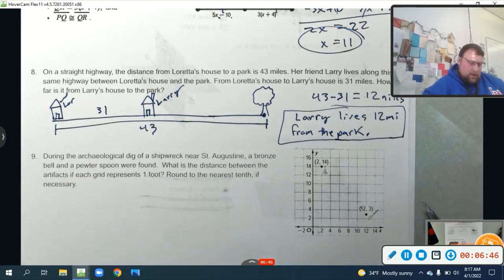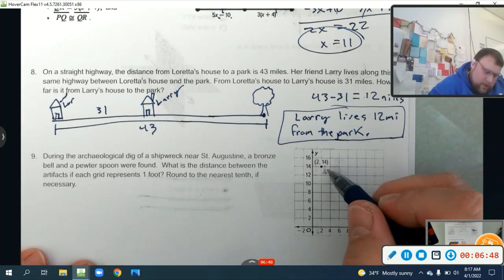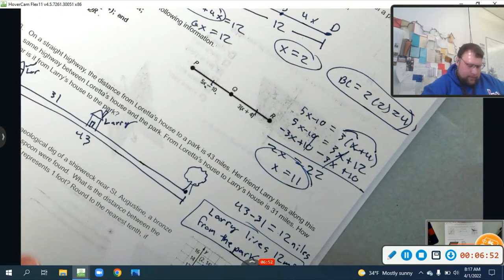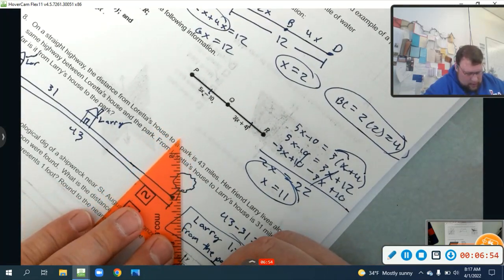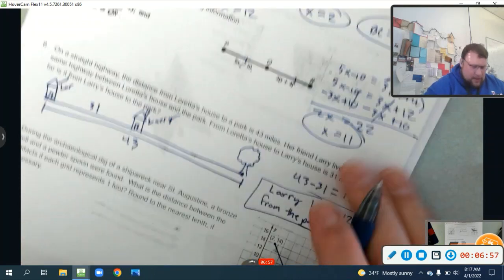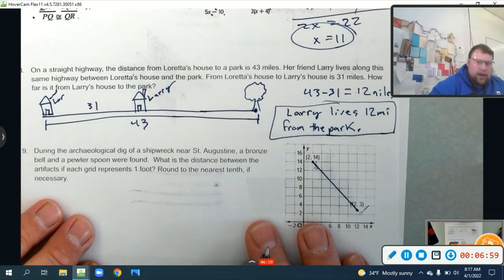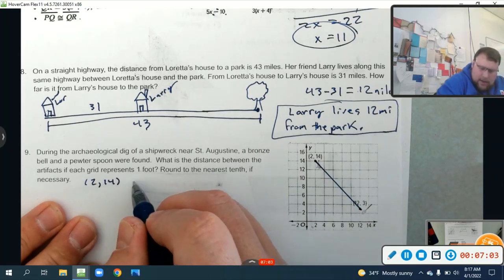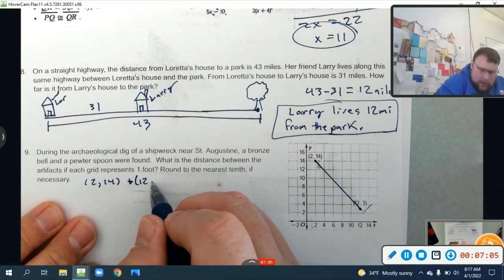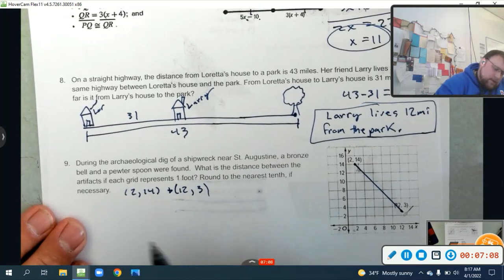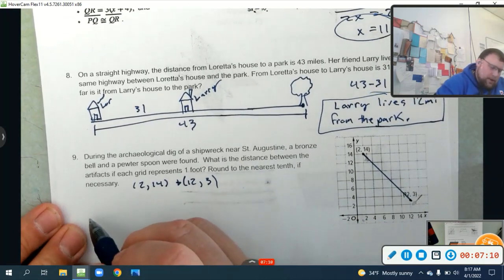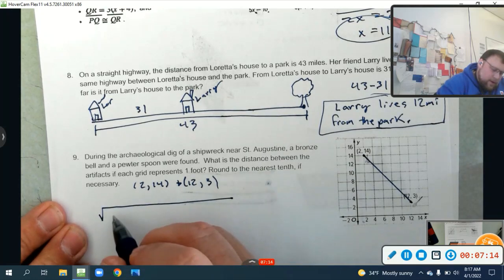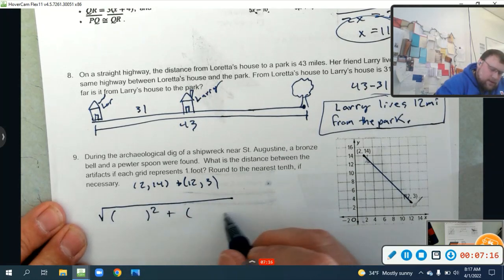Let's do that. So, first of all, we're going to find that distance from here to here. We don't really need this. I just want to show you what distance it's asking us, remind you. And we have the points (2, 14) and (12, 3). Okay? So remember I told you to draw the picture, right? So we know that the distance is equal to the square root of the x difference squared plus the y difference squared,